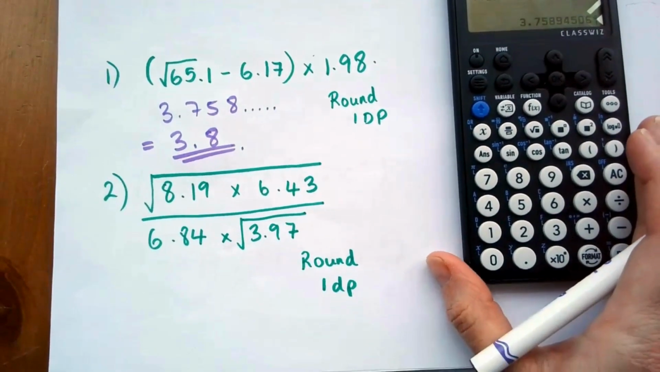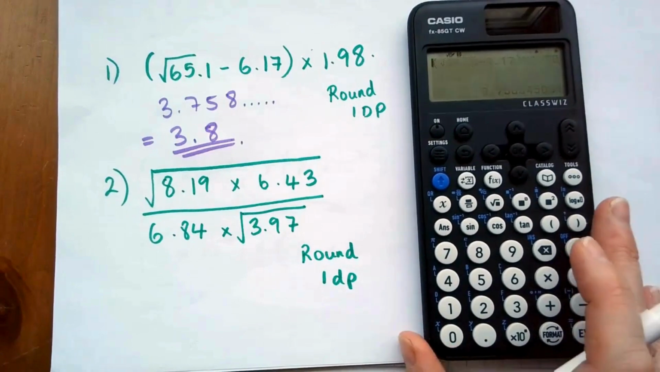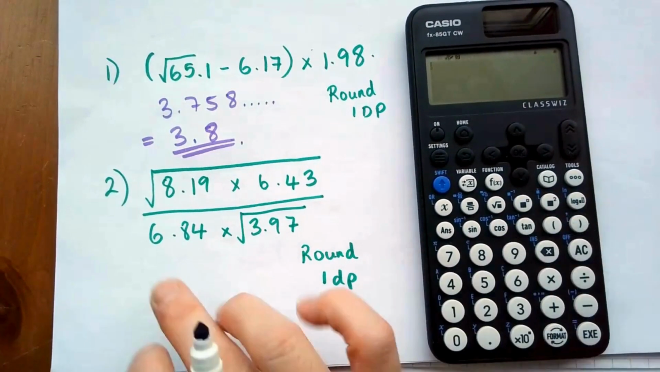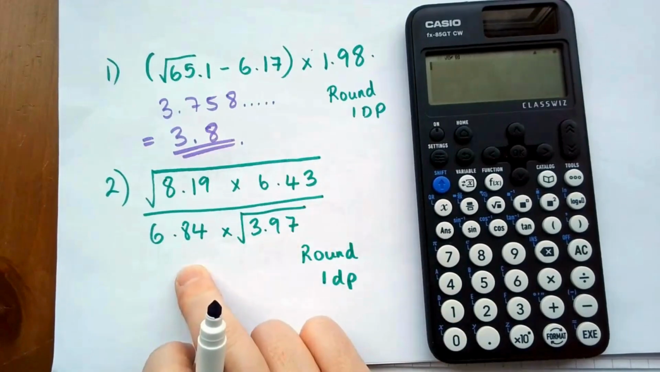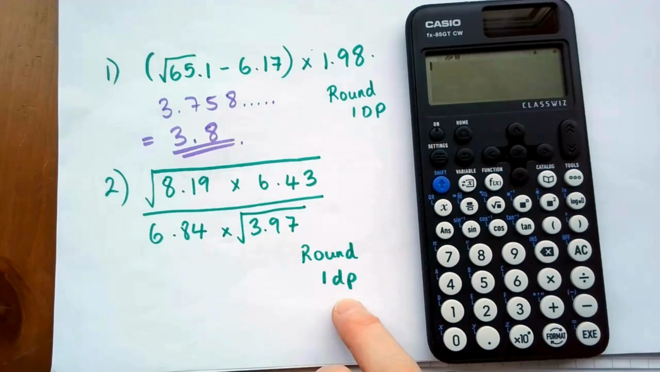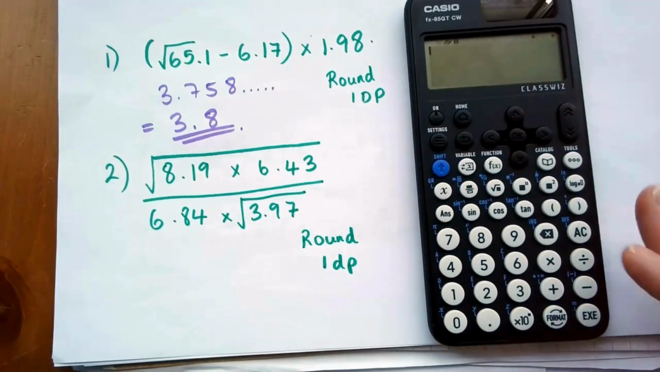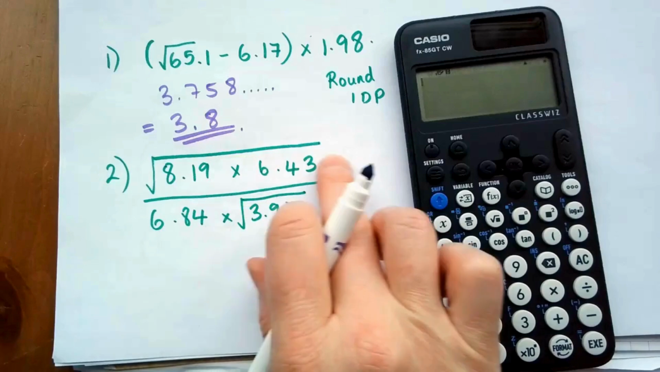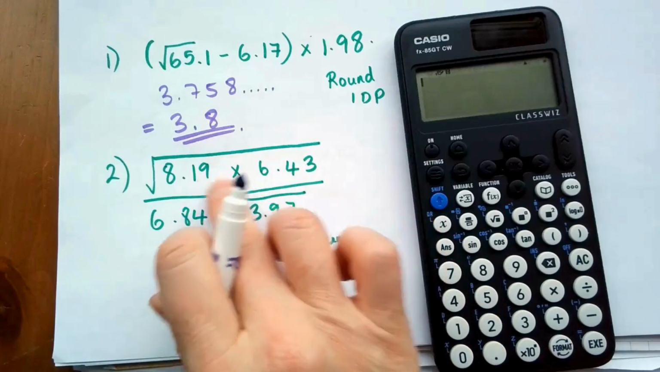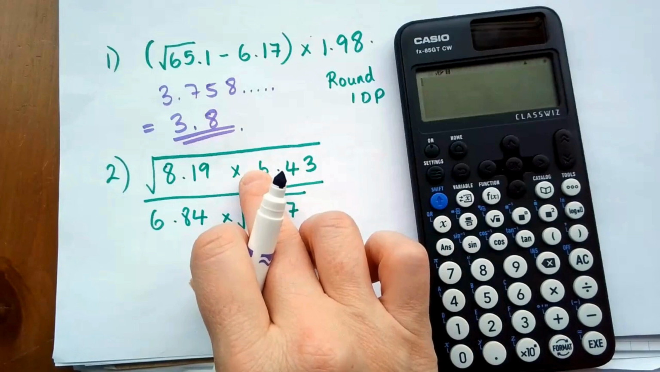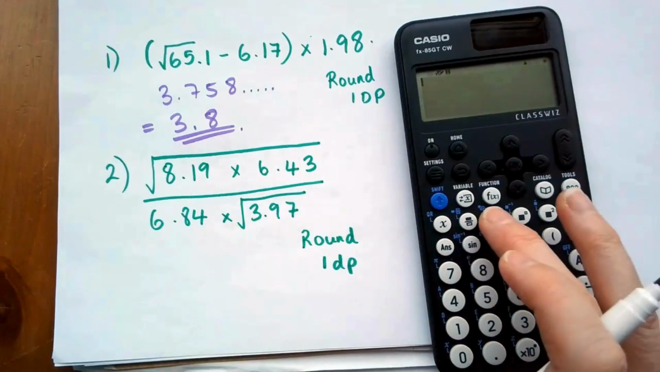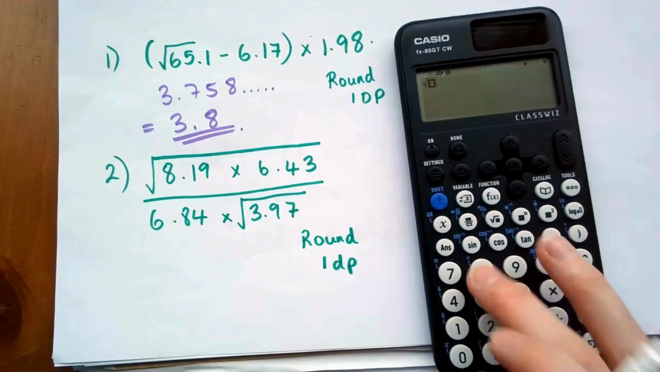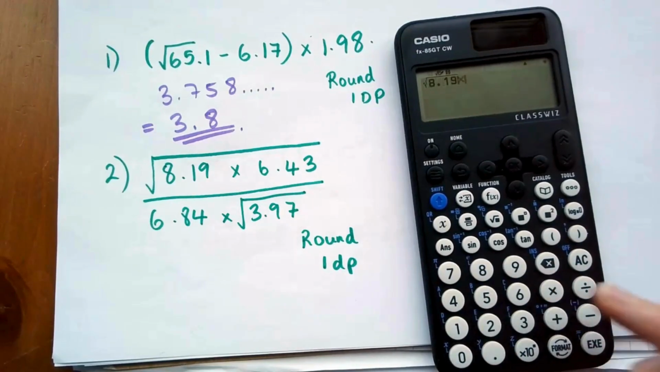Right, next one. Let's just clear everything from here. So the next question, it's the same thing. It asks you to estimate first, and then it asks you to calculate it with your calculator and round it. So imagine we've done the estimating bit, and now we're just going to use the calculator. In this one you'll notice that the square root goes all the way over the whole calculation on the top of this fraction. So I'm going to start with the square root button like that, and I'm going to put 8.19 in, and then I'm not going to use the cursor to move across, so I'm just going to say